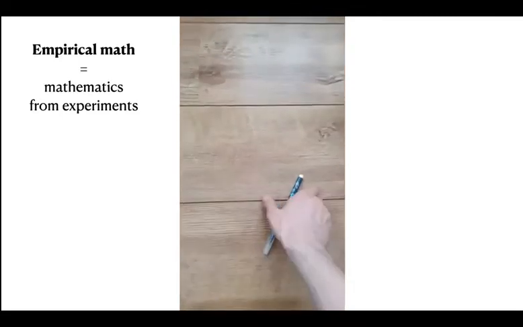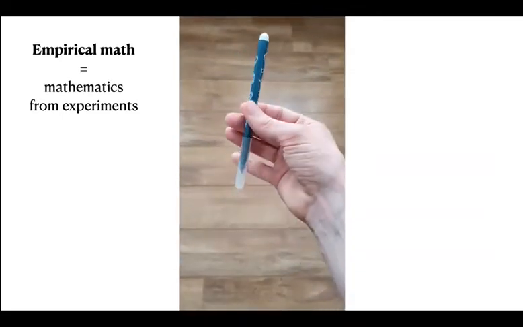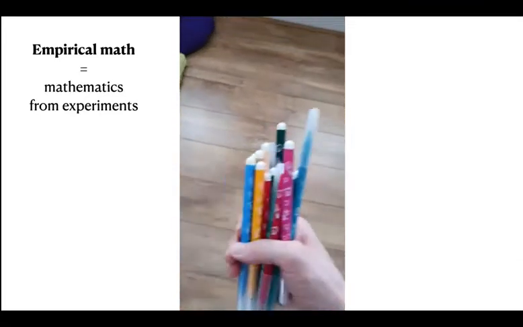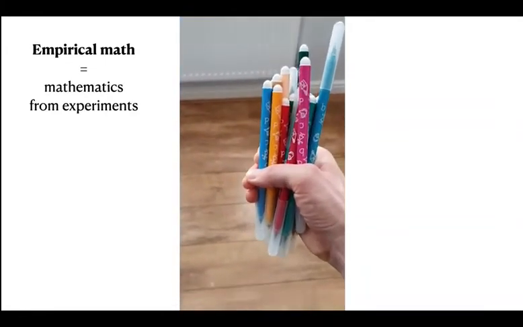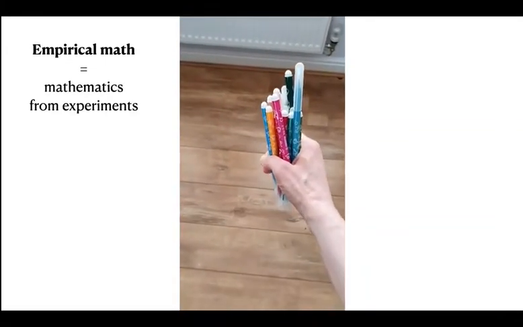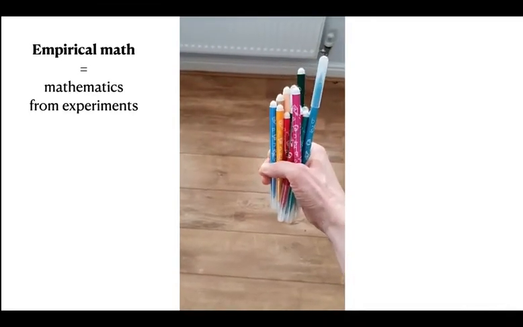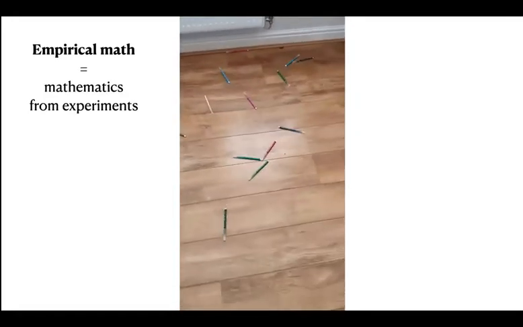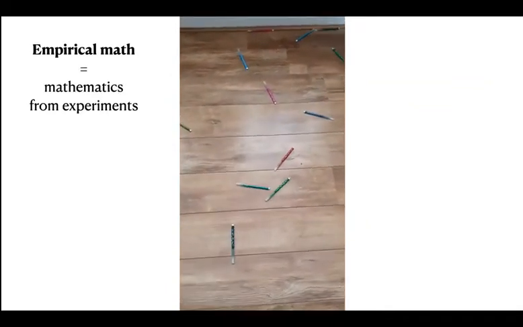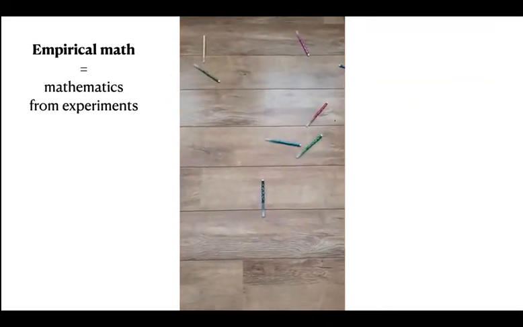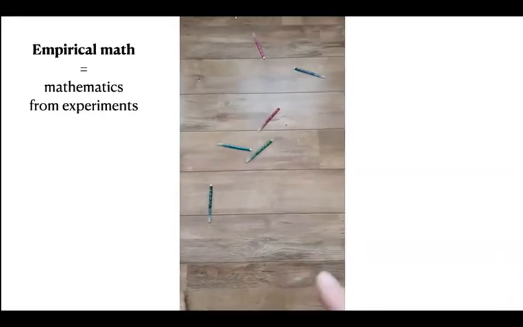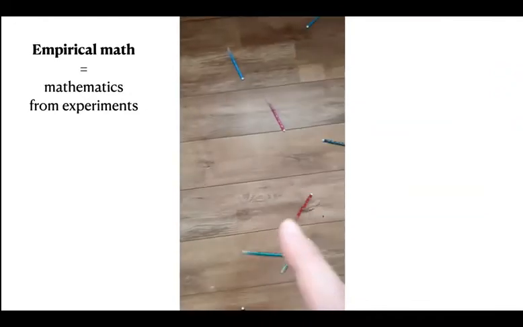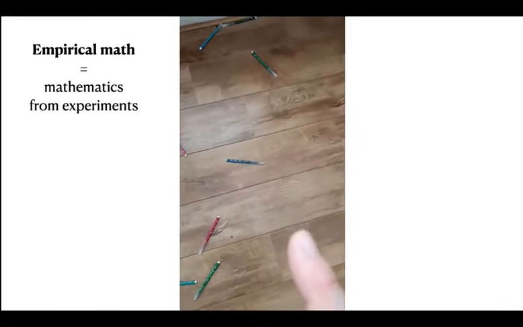Now, it turns out these are my kids' colored pens, and I've got more of them. So I've got a bunch of them like this. So what you could do is essentially do the same. Instead of doing one experiment, let's say 20 times, you take 20 pens and then you drop them like this. Usually it's much more fun. And then you need to care to count these intersections. So for example, here we've got 1, and then here we've got a second one, the red, and then 3, then 4,